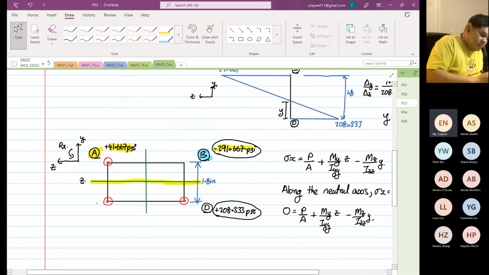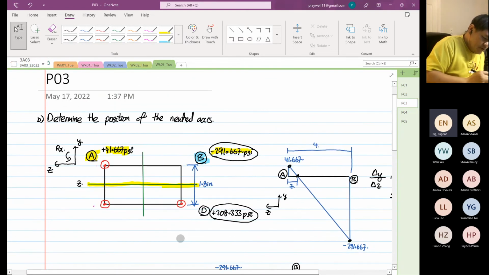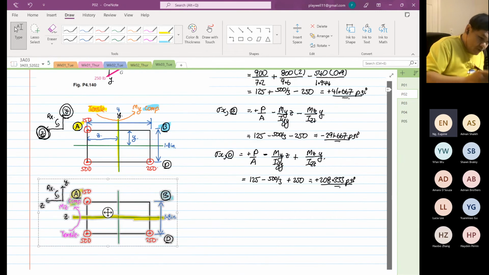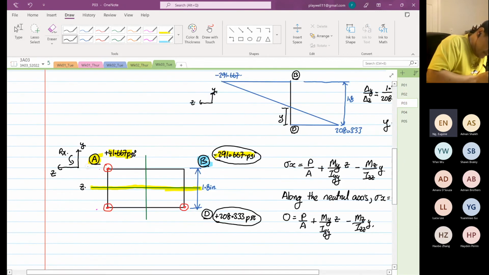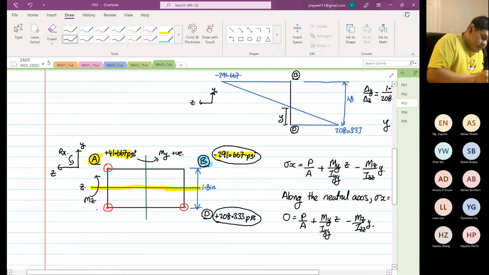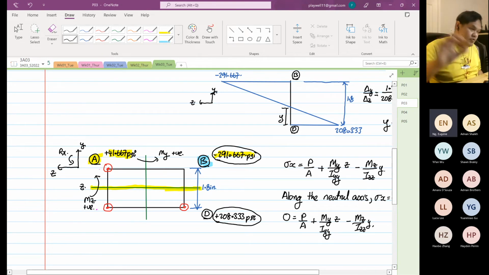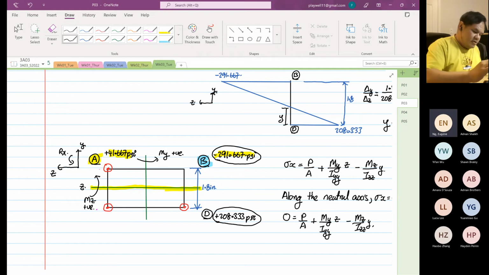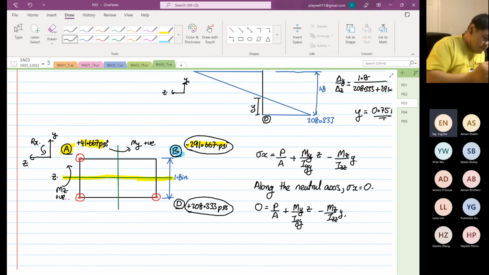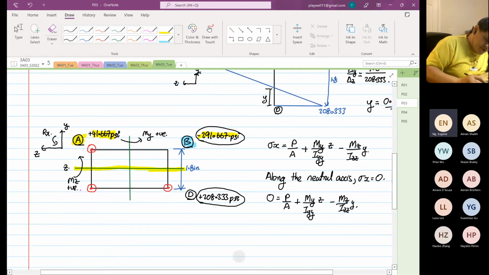And if we look at how the moments are applied, the moments are acting, so this is your mz, and this is your my. And if you use the right hand rule, both are positive. If you use your right hand rule, your thumb points on the z-axis and you grab, they are all positive moments. So first thing we're going to do, we're going to find